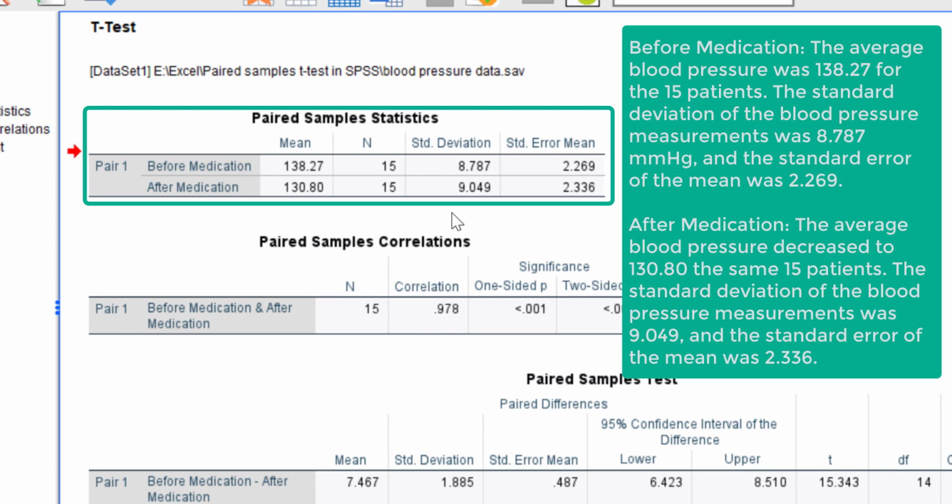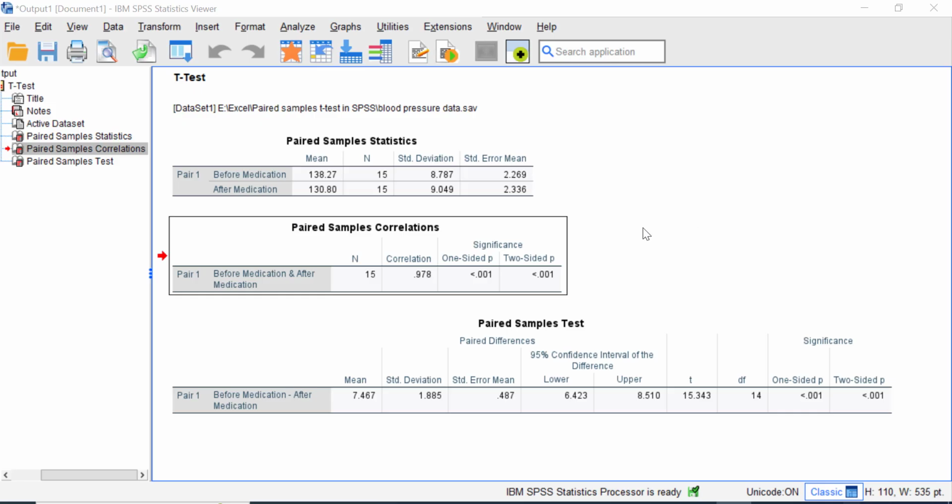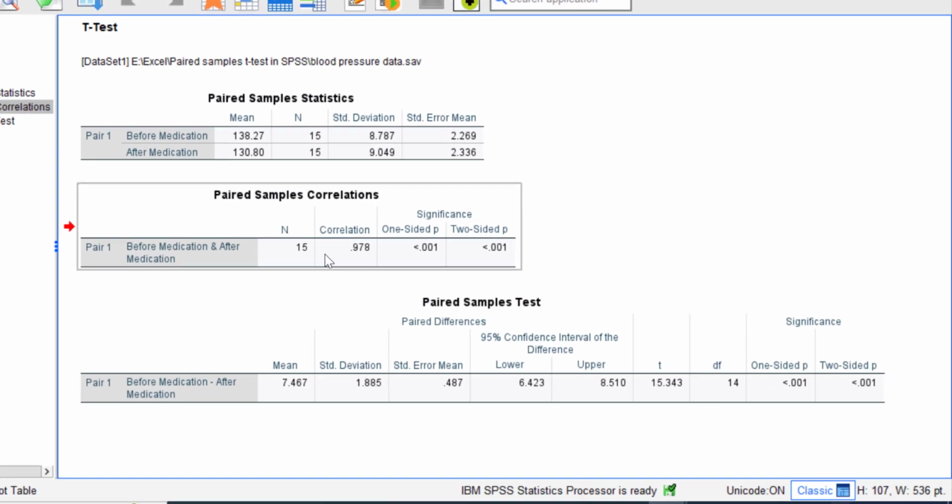The standard deviation is 9.059 and the standard error is 2.336. In general, we see that the mean blood pressure decreased from 138.27 before medication to 130.80 after medication.